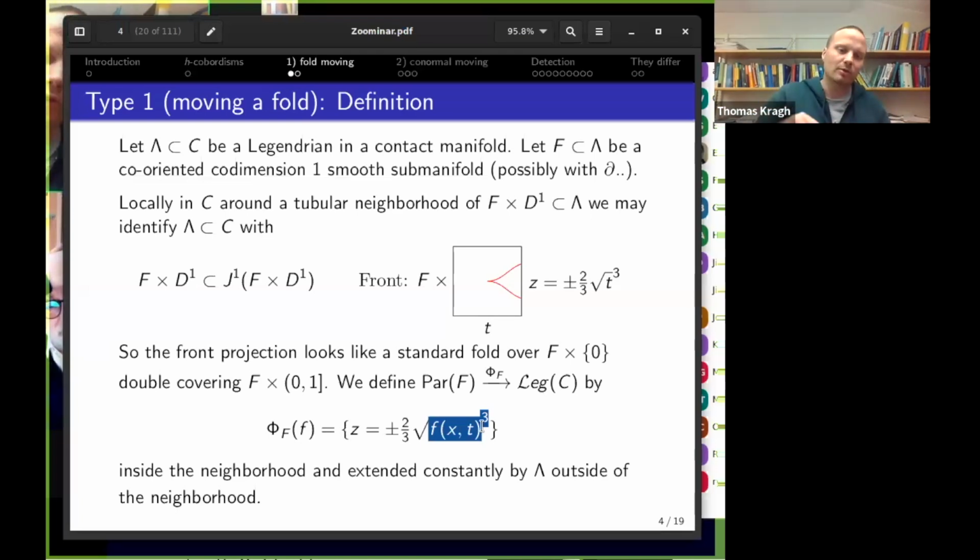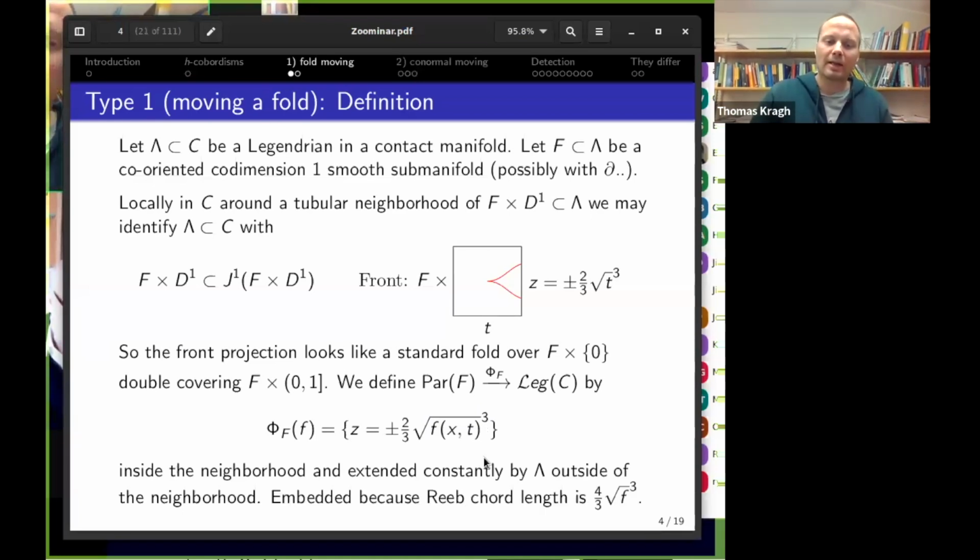and this function just looks like the standard projection to the tubular neighborhood. And then it looks exactly like this locally. So this really is a smooth Legendrian varying inside this contact manifold, depending on what function you plug into this. And it's embedded